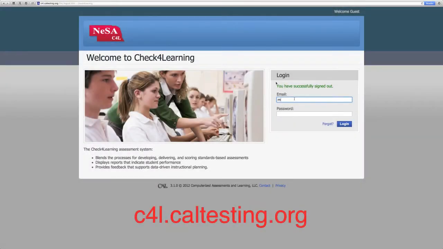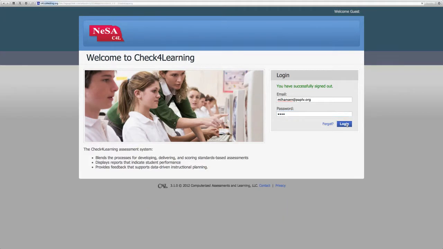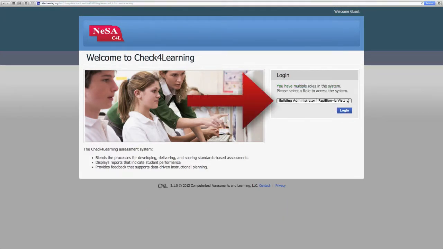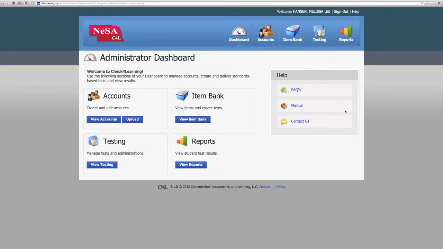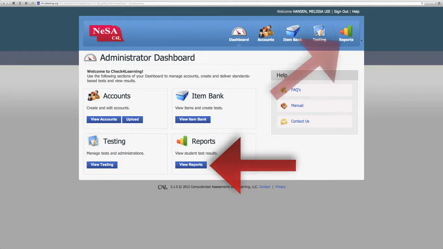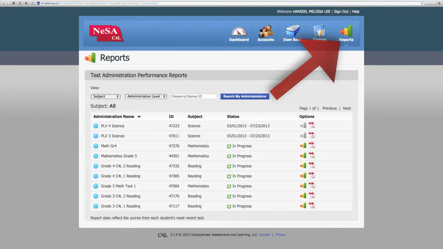When you go to the Check for Learning website and you log in with your email and password, if you're a building administrator, you'll have the building administrator account to choose from, or teacher. In this case, we're going to use building administrator. I'm going to click login. To view reports, you click on the View Reports button at the bottom or up here at the top, and